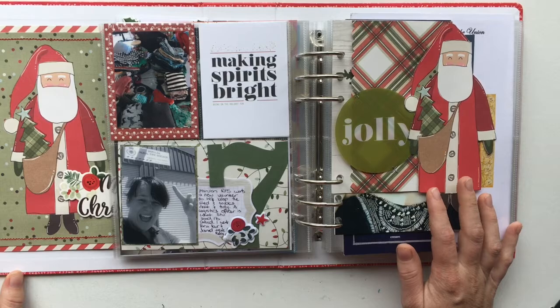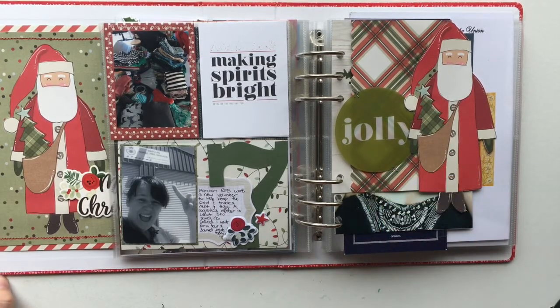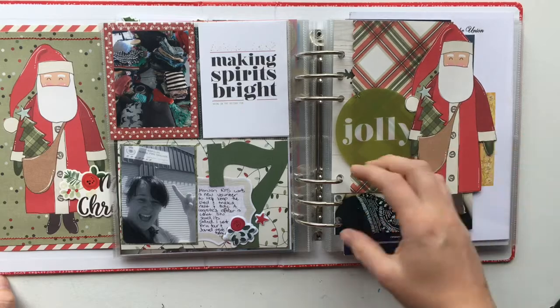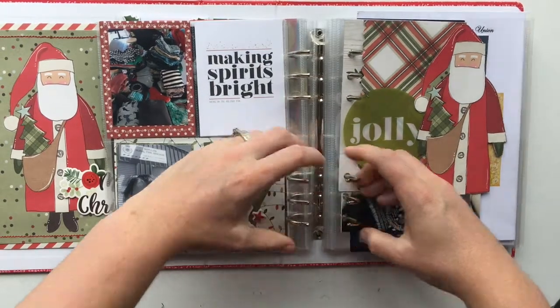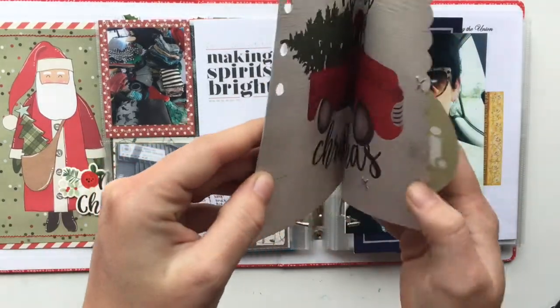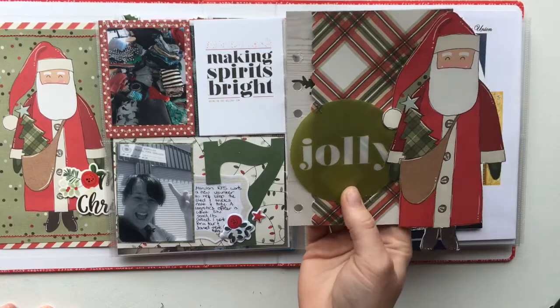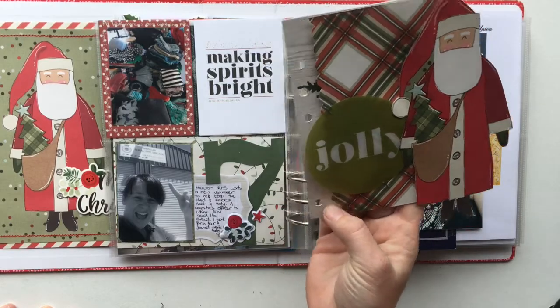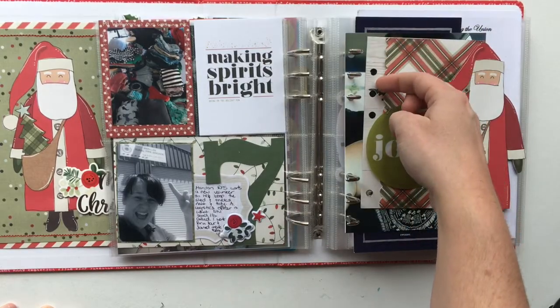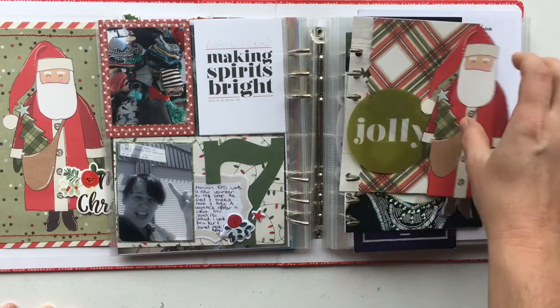So this time I am using the Simple Stories paper pack. This was an embellishment I have made from that paper pack. I just pulled out a 6x8 piece of paper and folded it in half because I originally wanted to show the image that was in there. But since then I've changed my mind. I folded it in half and cut with a punch a lovely scalloped edge. This Santa was from